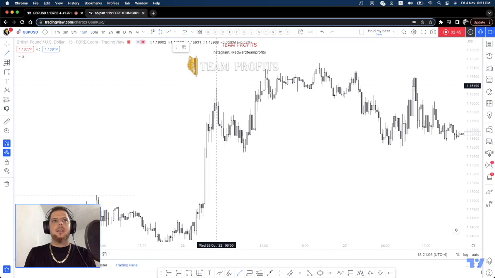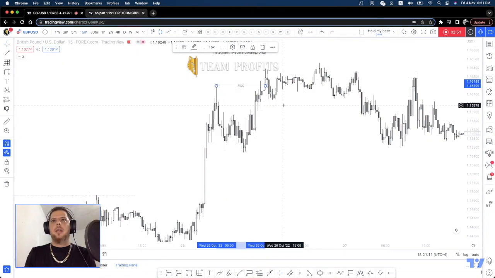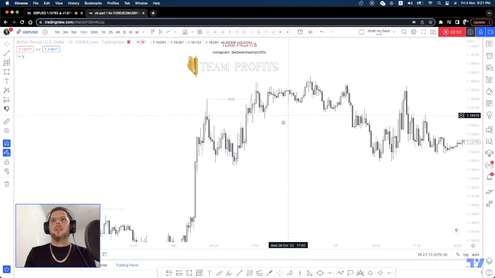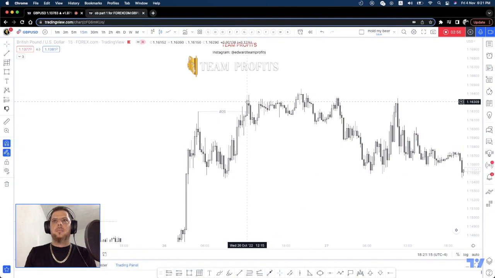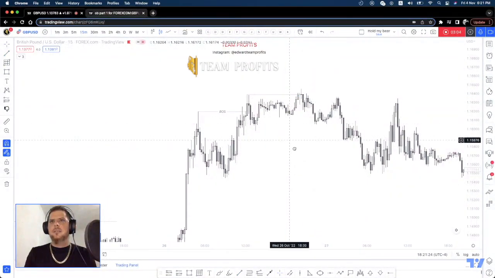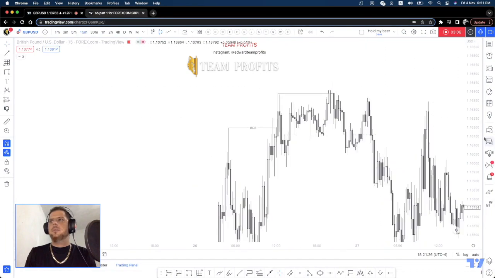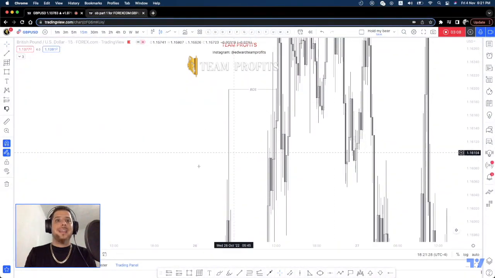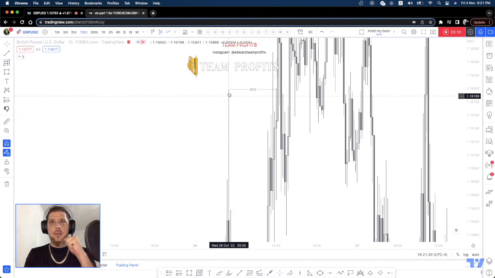So this was definitely one of the highs, right? The body of the candle closing. So I want to say that's a break of structure to the upside. That's a BOS. The next high, this break right there, let me put it here, from here to here. Is this a BOS? Let me remember that the body of the candle has to actually close above this candle,